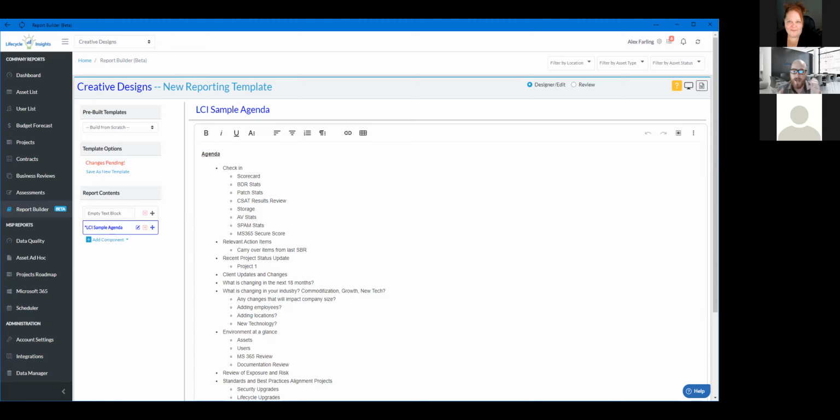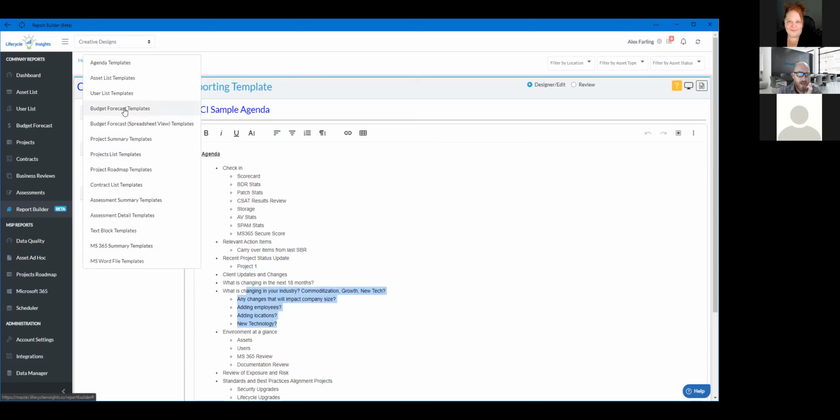Also for them to tell me, hey, this is what's going on with my organization. We're growing, we're changing, we're going to add locations, this, that, the other, and I can come prepared to talk about those things. So after those two components, I'm going to come out here and I'm going to add my risk assessment template. That is always the first thing that I like to talk about. Again, you can put these in any order that you want, but I'm a huge fan of my assessment template that gives me the ability to,